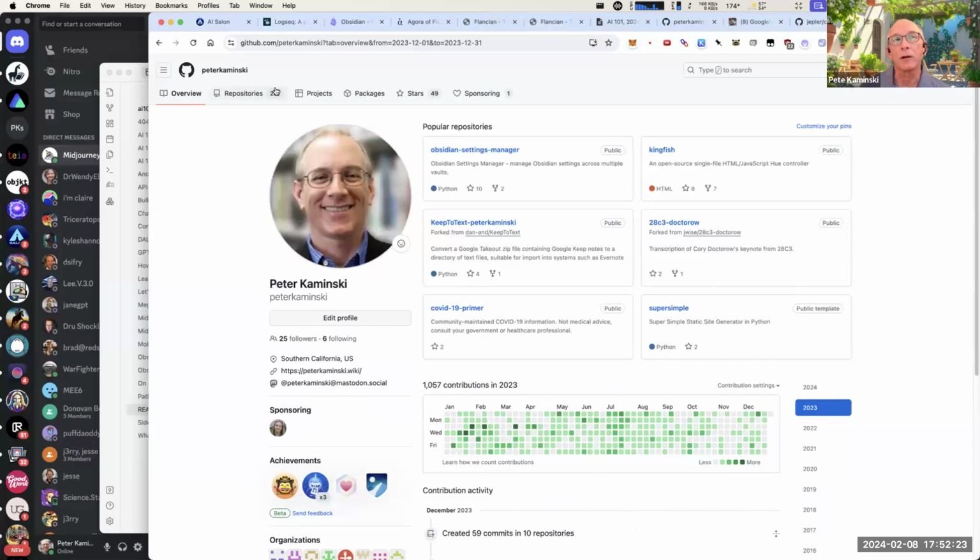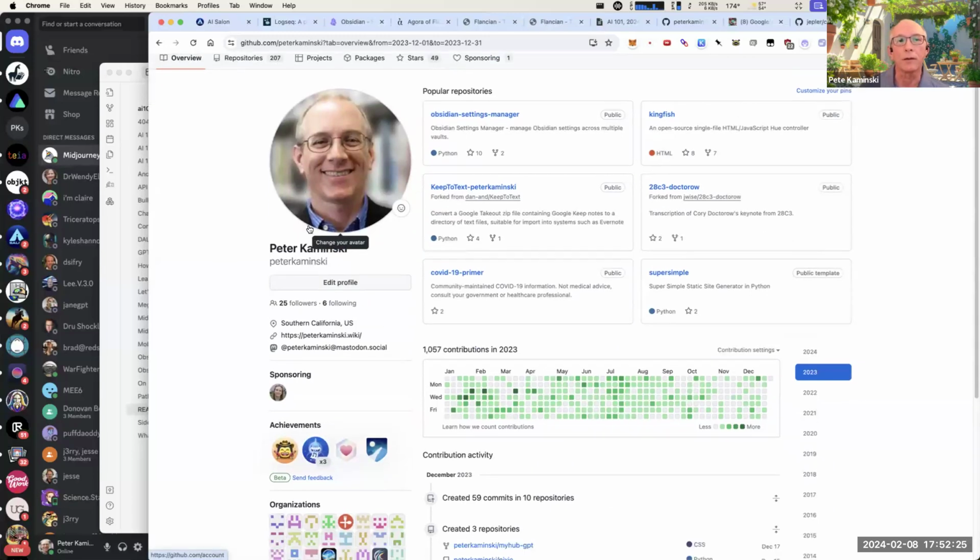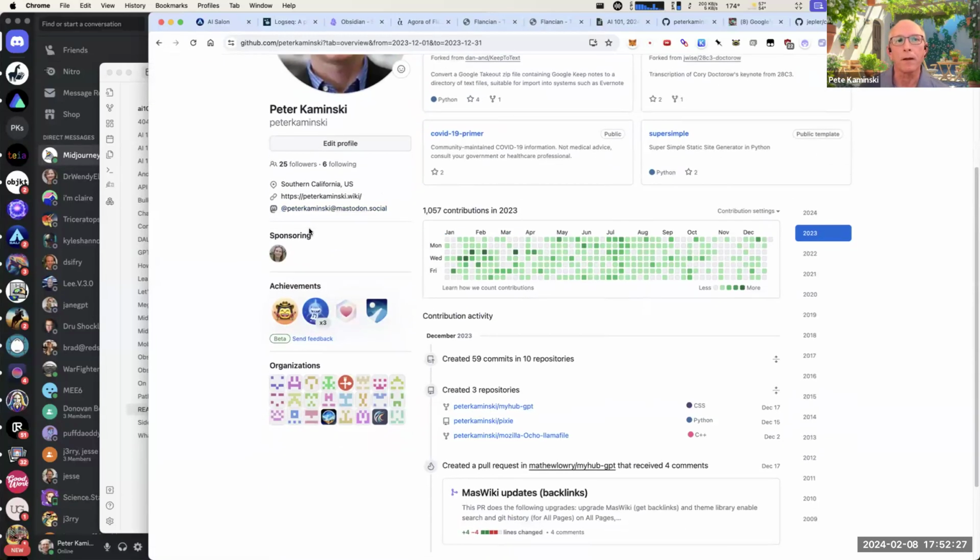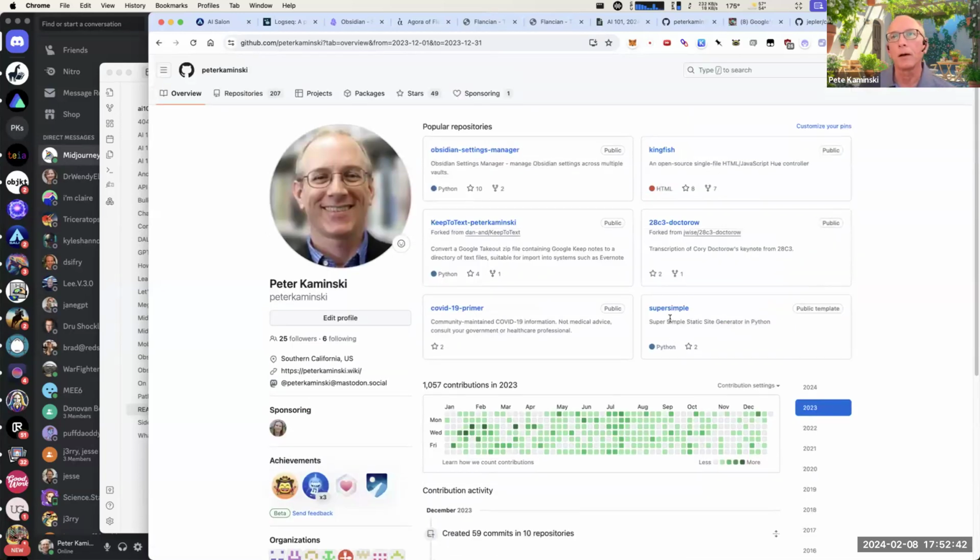Some of them are copies of other people's, which is another thing that we'll get into sometime. But I also have these cool achievements, most of which are not that meaningful, but I think they're really cool looking. I like badges. And then there's another thing called organizations, which is something else to cover someday. So the thing to know about GitHub,